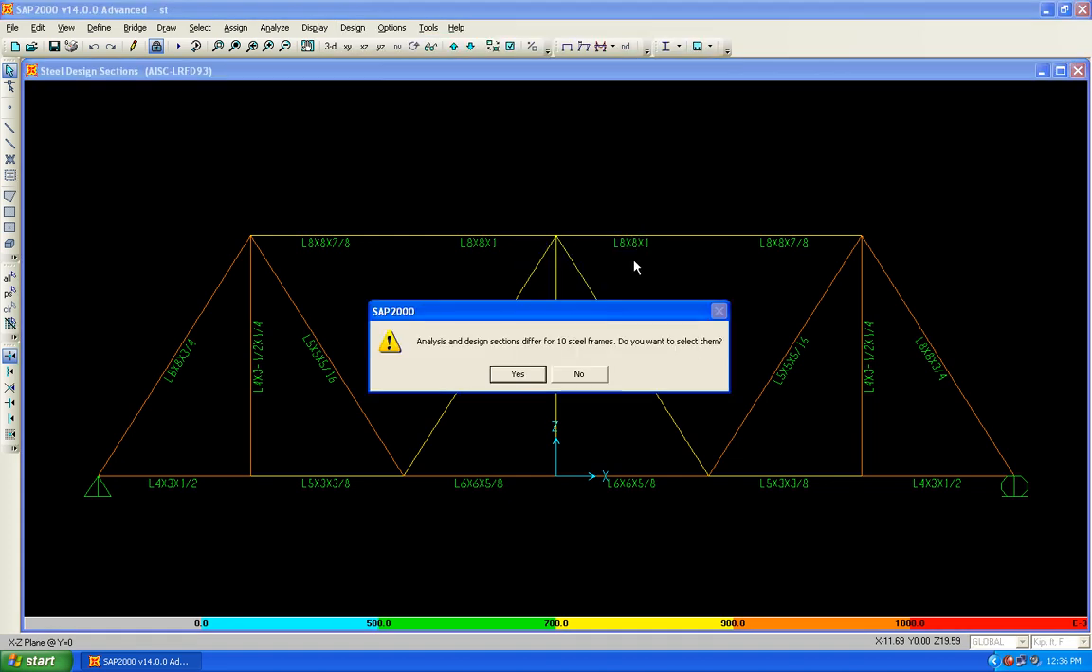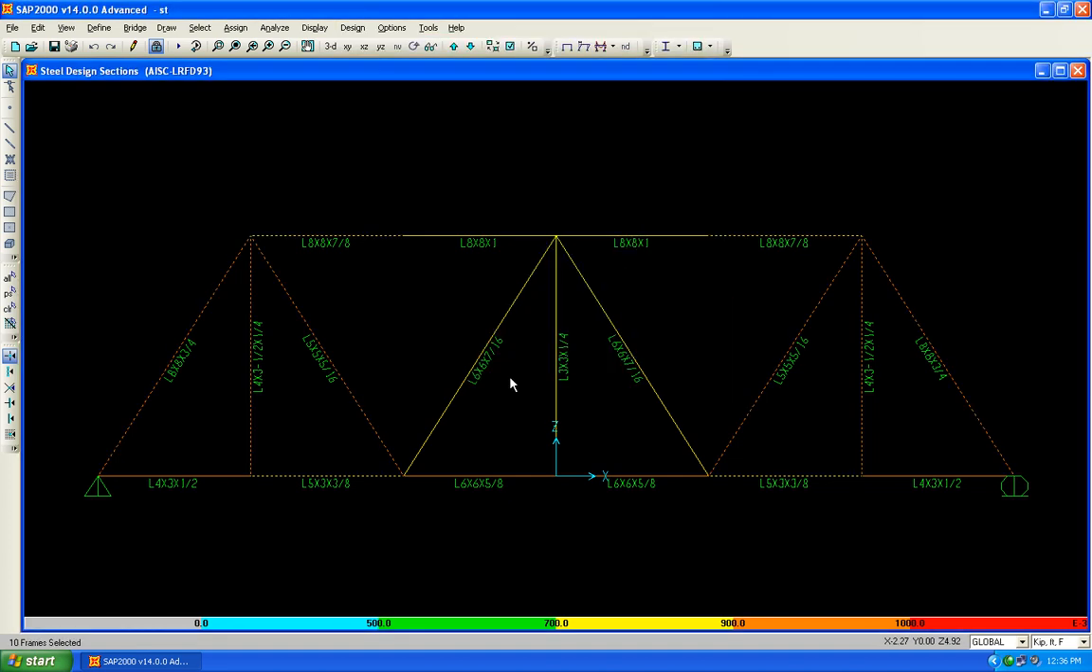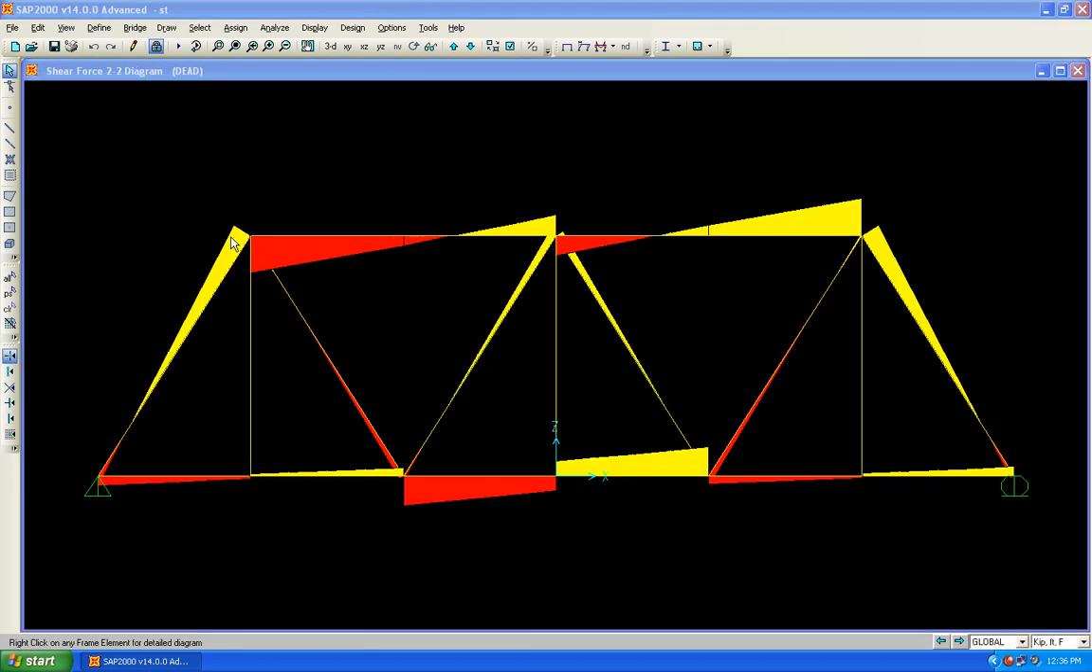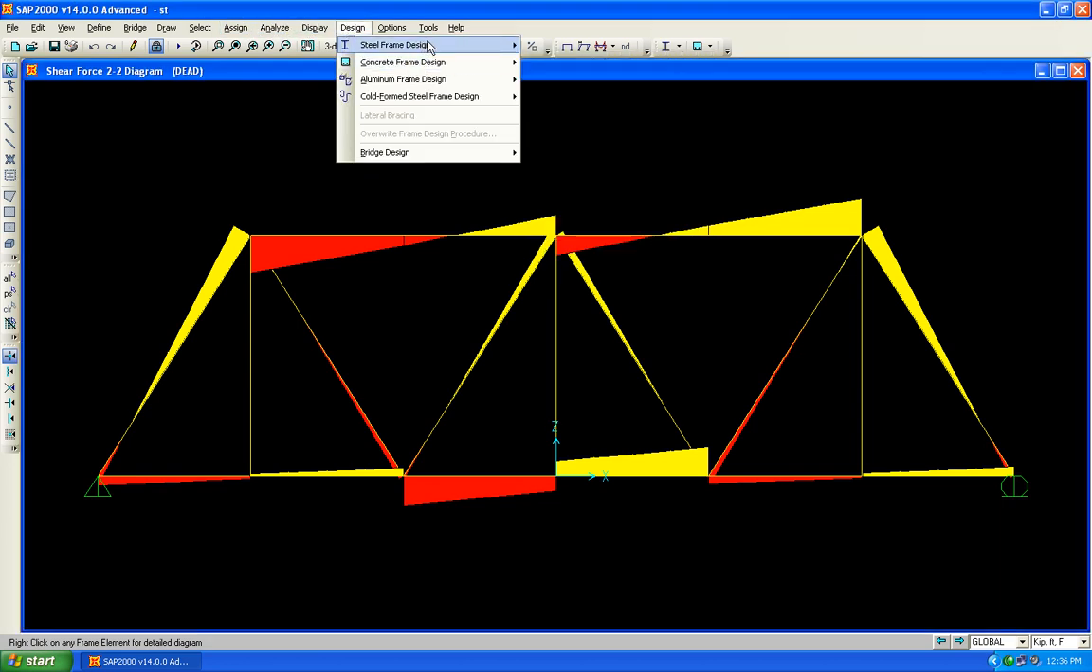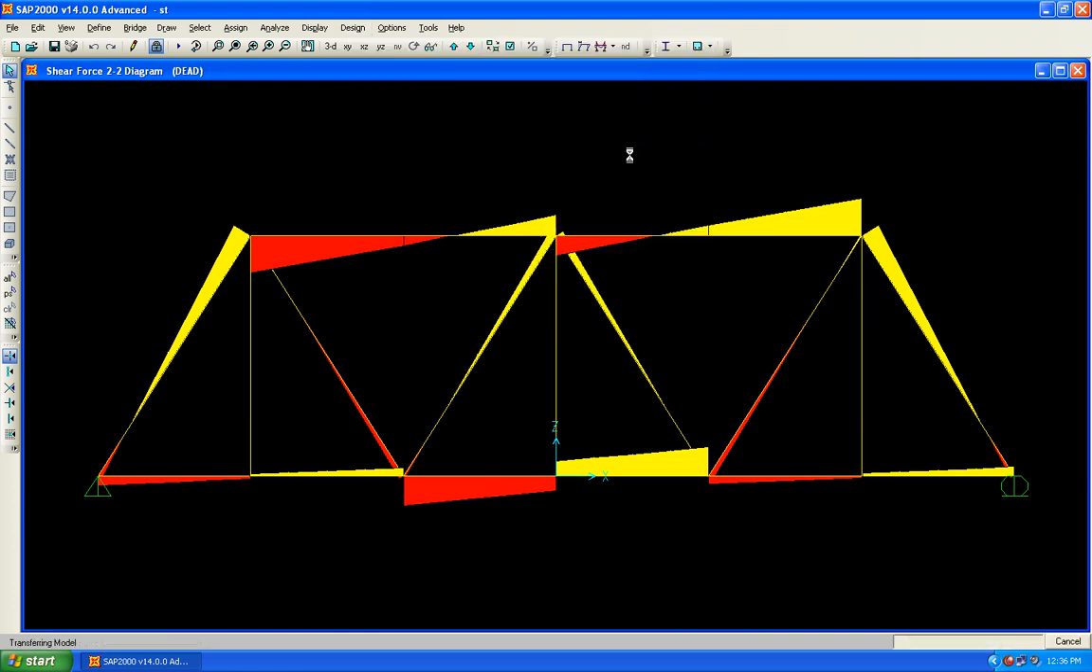verify analysis versus design 10. Okay, so this thing should match. For complete design these things should match. Rerun. Okay, and go back to design, steel frame design, start check design,